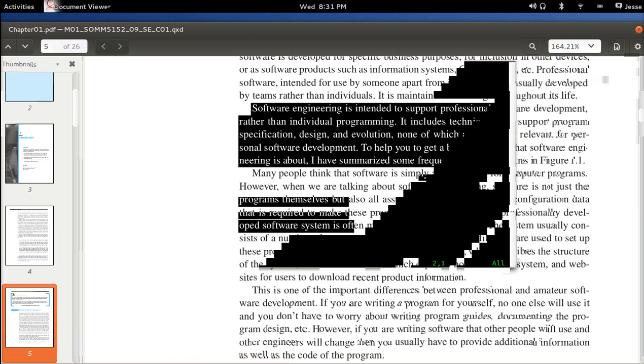Software engineering is intended to support professional software development rather than individual programming. It includes techniques that support program specification, design, and evolution, none of which are normally relevant for personal software development. To help you to get a broad view of what software engineering is about, I have summarized some frequently asked